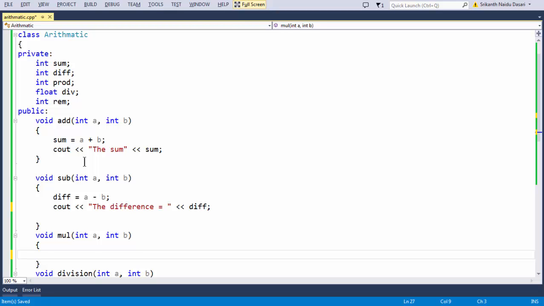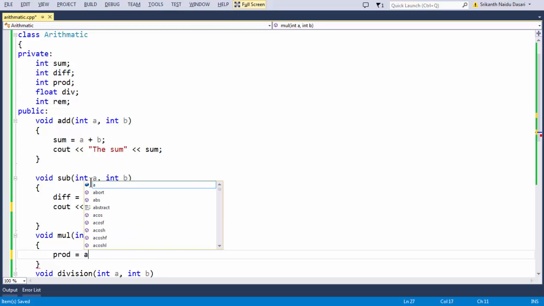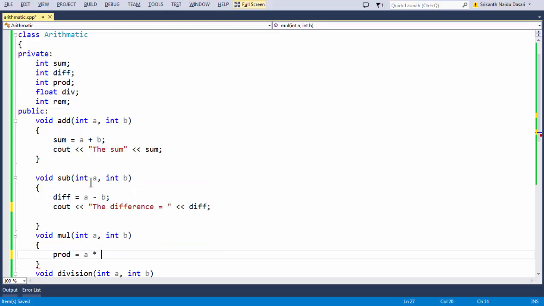Let's keep on adding the operations here. Next, it's going to be multiplication. We have taken the variable to hold the result of the operation as prod. Prod is equal to a asterisk b. Let's cout the product here. The product is equal to